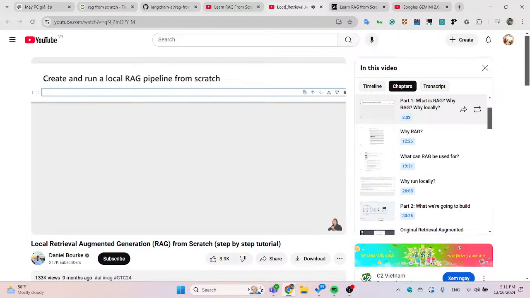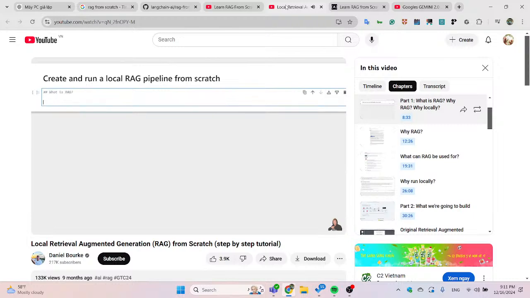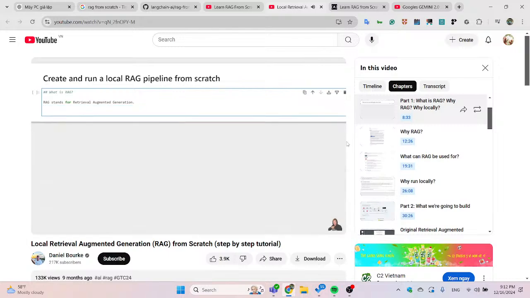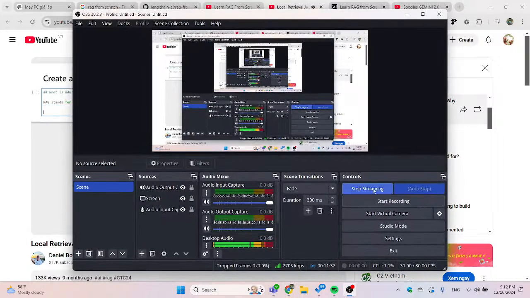So let's define what is RAG. RAG stands for Retrieval Augmented Generation. You may have been seeing this quite regularly in the world of LLMs and generative AI. Essentially, the goal